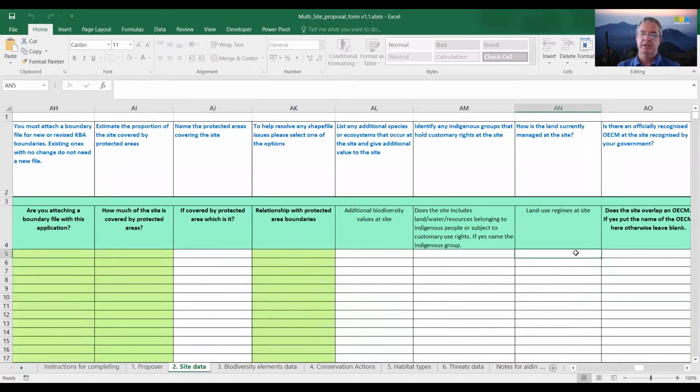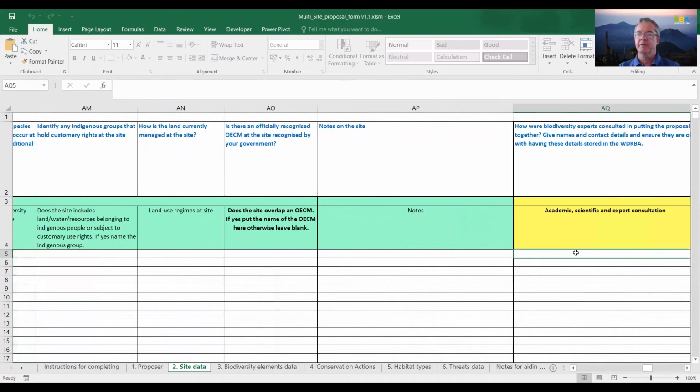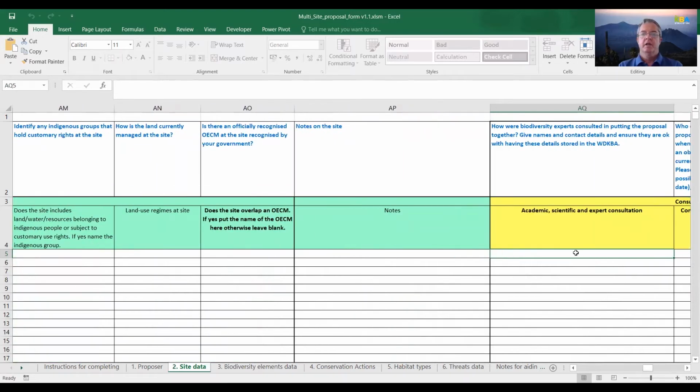And so there's some questions about other biodiversity values. Is the site managed by indigenous people or people with customary rights? What sort of land use regimes? And then is there a recognized OECM in the Protected Planet database that overlaps this site? And if so, give the name, otherwise leave it blank. You can add any additional notes in this section that you want us to be aware of in